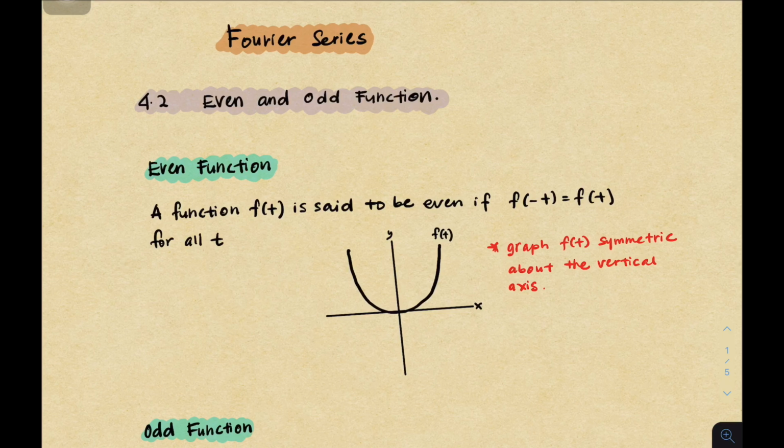So today we will continue with chapter 4, which is Fourier series. If before this we have learned on solving integrals or differential equations by using Laplace transformations, today we will see the topic of Fourier series, where many functions can be expressed in the form of infinite series. Okay, it is important to learn Fourier series, because Fourier series can be used for solving the integrals